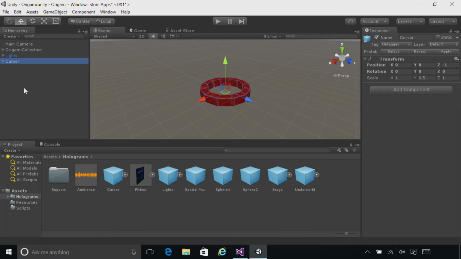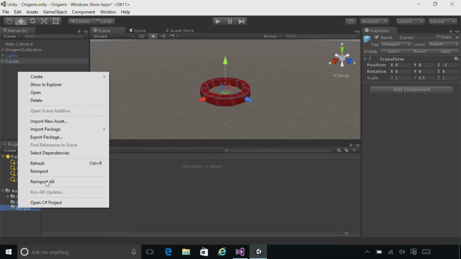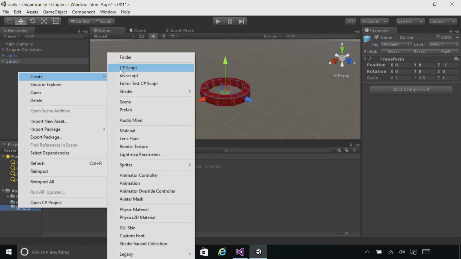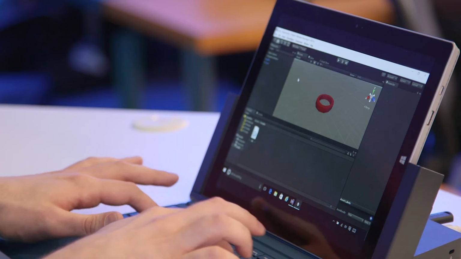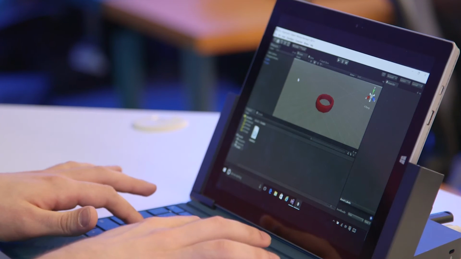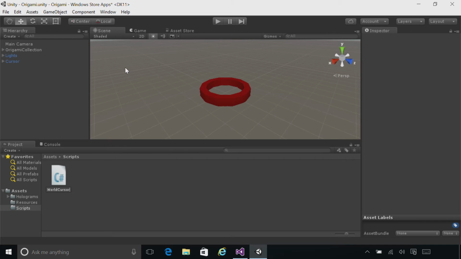To make this cursor move around every frame, we're going to add a script to it. We're going to use C# scripts throughout this project. Scripts let you initialize objects, and they also let you update how they behave once a frame. To do this, we're going to go to the Scripts folder, right-click on it, go to the Create menu, and choose C# script. Name the script World Cursor. Don't type CS, Unity will add that for you, and make sure you match the capitalization that you see here.